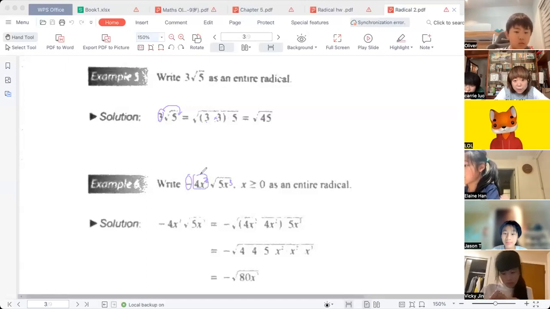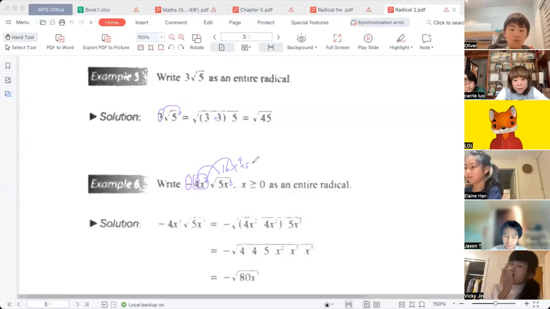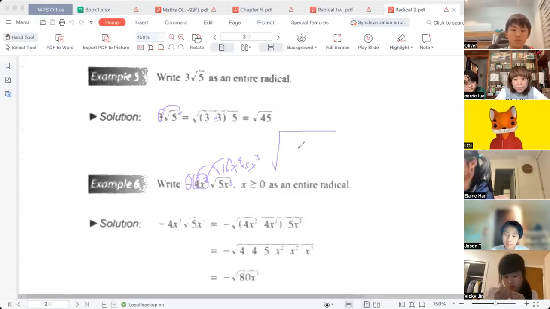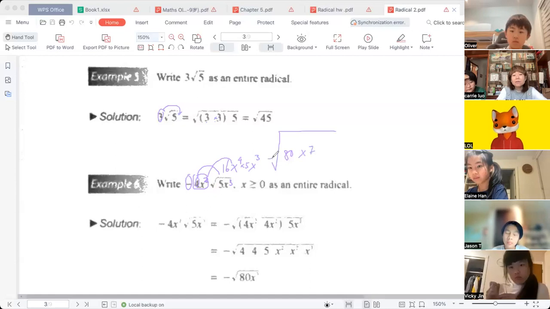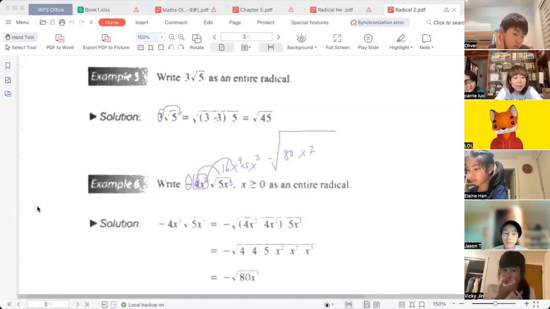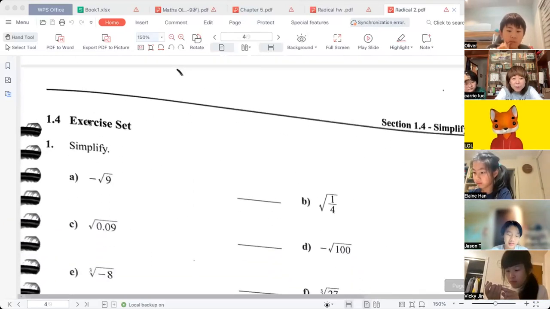This one is a takeout. So you put 4 inside, it became 16, and take x squared inside, it became x power 4, and then times 5 and times x power 3. Get it? So the answer is square root 80 x power 7. But don't forget negative. Got it? 这个还是挺简单的，对不对？OK，好。来，这个不要做了，反正我也看不清楚。